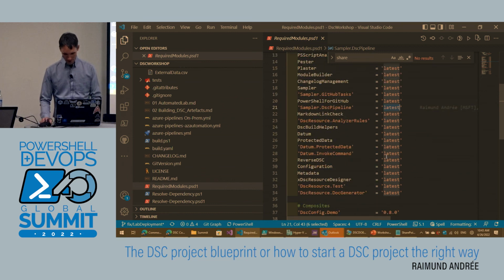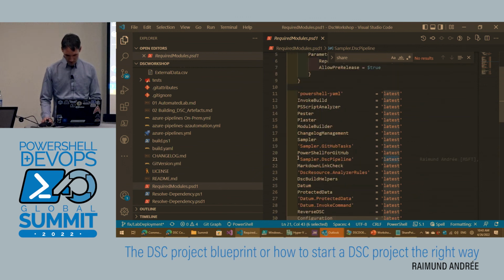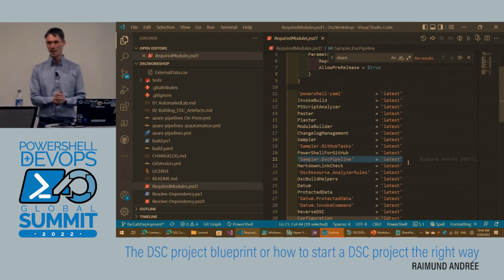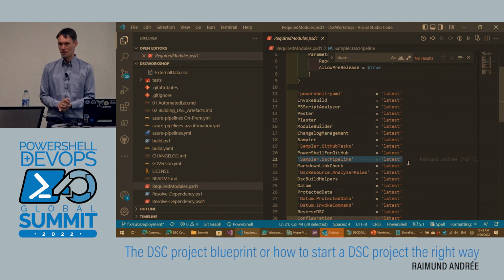It's this one here. So in the talk on Thursday, 9 a.m., we're discussing more the concept behind sampler and the whole build pipeline, because this here is GitHub tasks. This is actually the build pipeline that will be updated as well, but you don't have to use it. I mean, if we have fixed some significant stuff that you might be interested in, you can, if you have pinned the version, try to download a new one, publish it to your private gallery, test it,